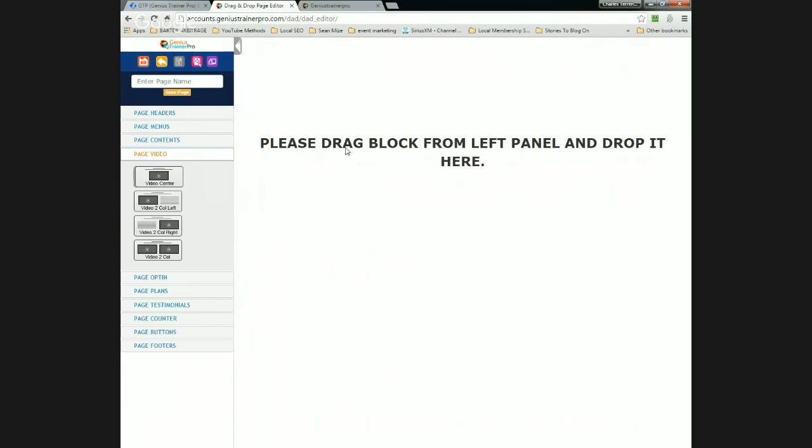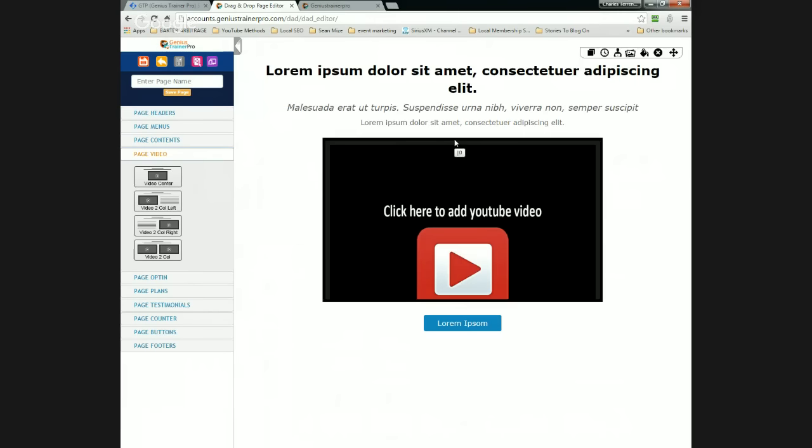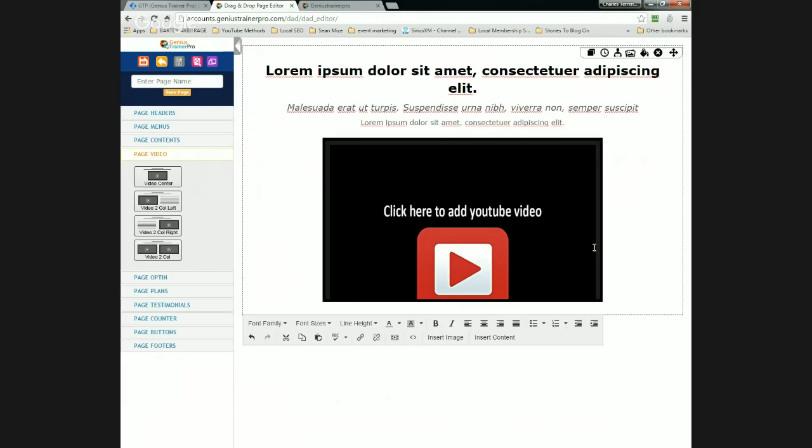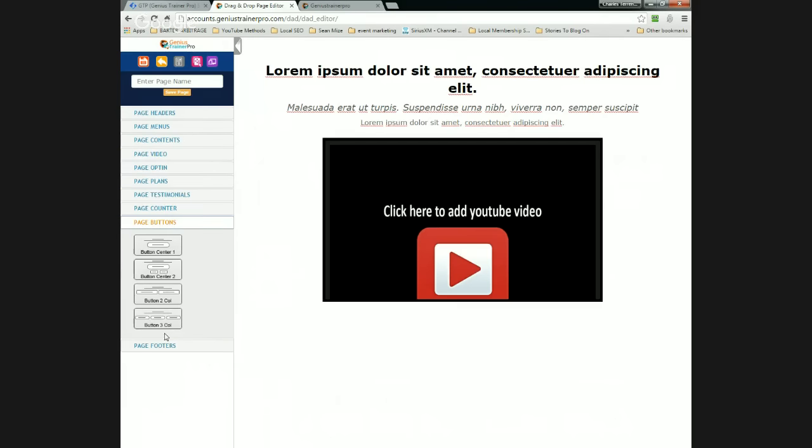I would drag my sales video in here, get rid of this button, put that sales video on autoplay, and then create a button and pull it into this area.